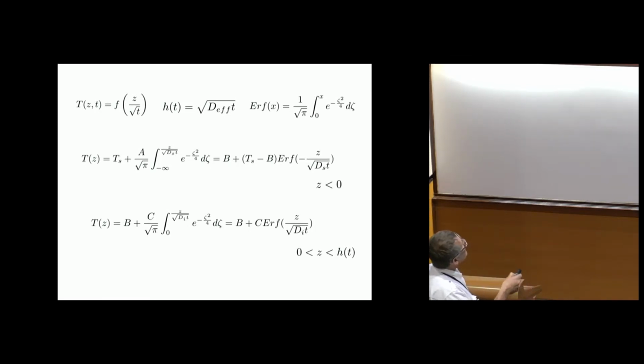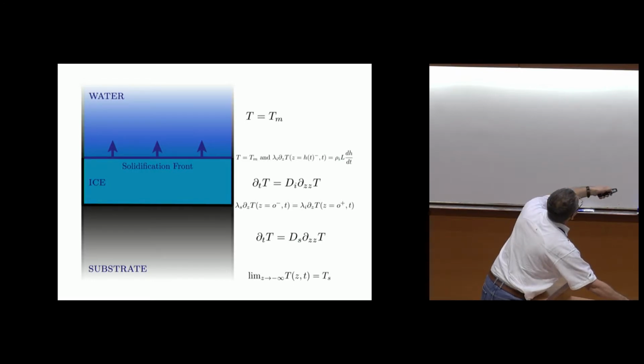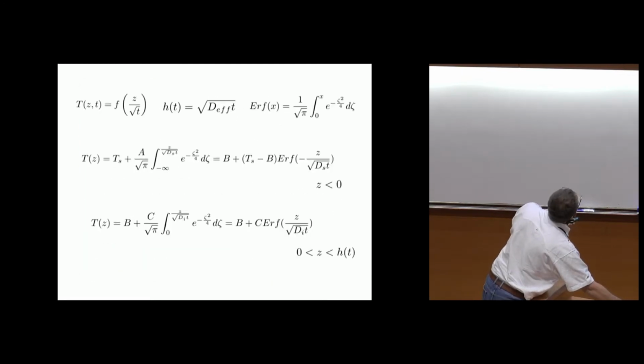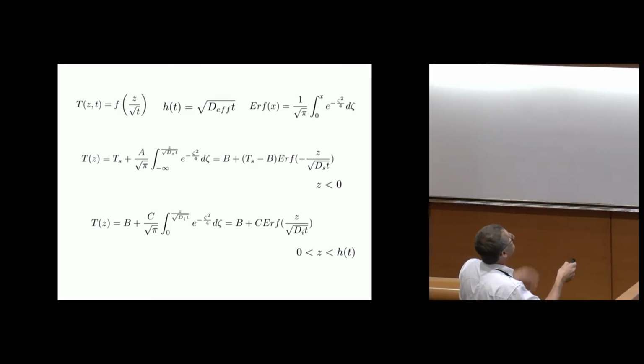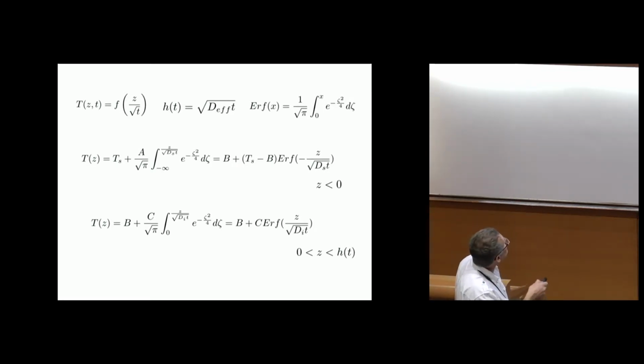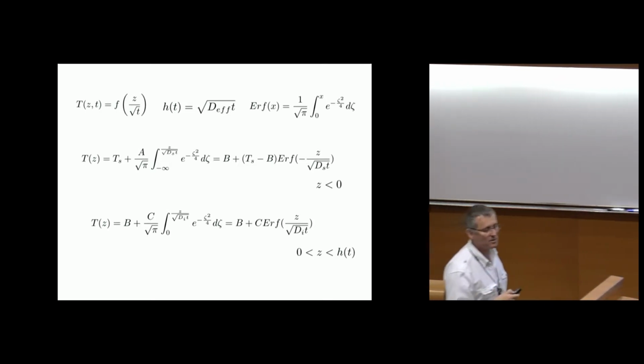And basically, if you put that in my two equations, here and here, you end up with something which is quite well known: you have two self-similar solutions that go not as z over square root of t, but in each part, for instance in the substrate, your solution is the classical error function solution with z divided by square root of D_s times t. And in the ice layer, you have a solution that depends on z over square root of D_i t. But you have some constants of integration, and these constants will depend on your boundary conditions, which are not trivial here compared to some cases of the Stefan problem.